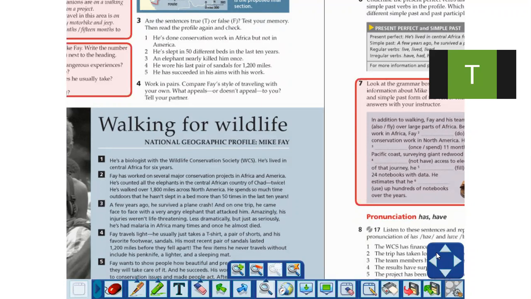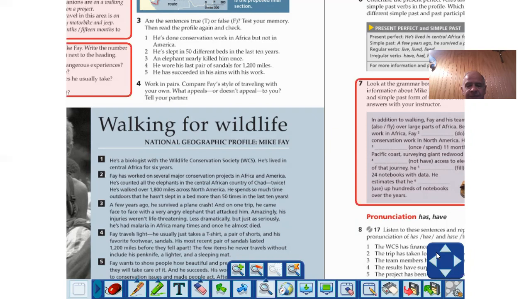He has counted all the elephants in the Central African country of Chad twice. He has walked over 1,800